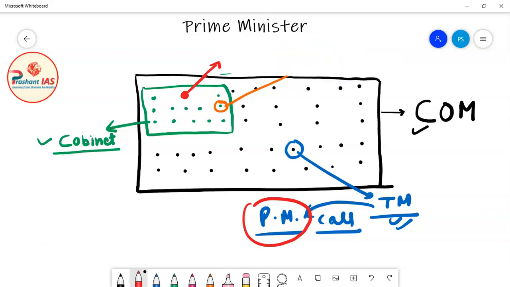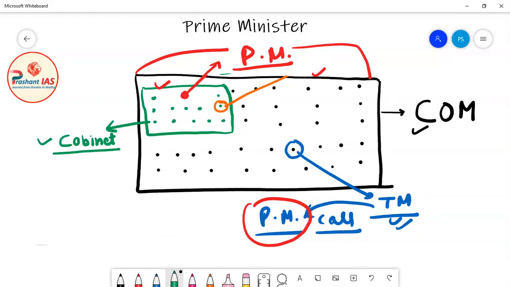After that, friends, who is the boss of Council of Ministers? The Prime Minister is the boss of this entire body known as Council of Ministers. So Prime Minister is the head of cabinet as well as the head of Council of Ministers. Now friends, let's suppose that this is a minister. For example, let us take the example of this minister.